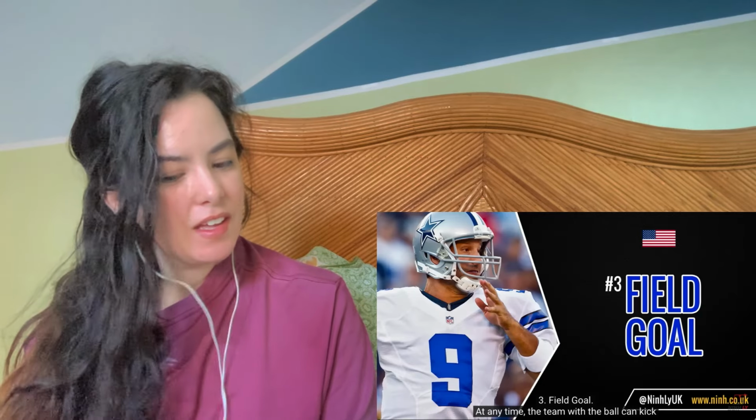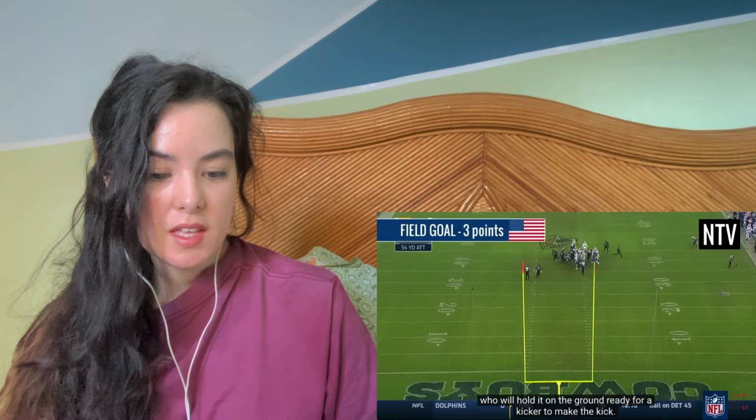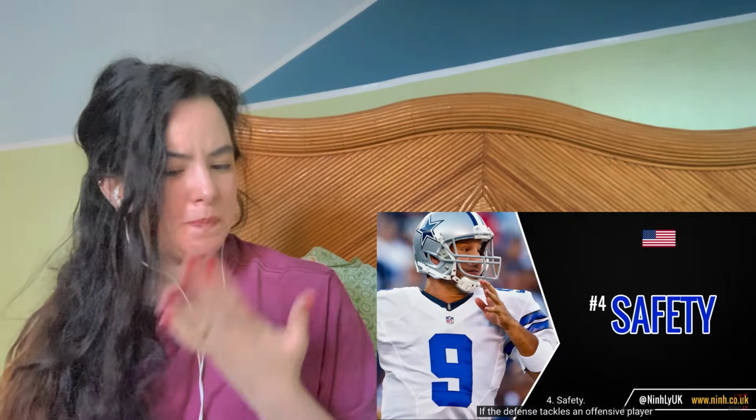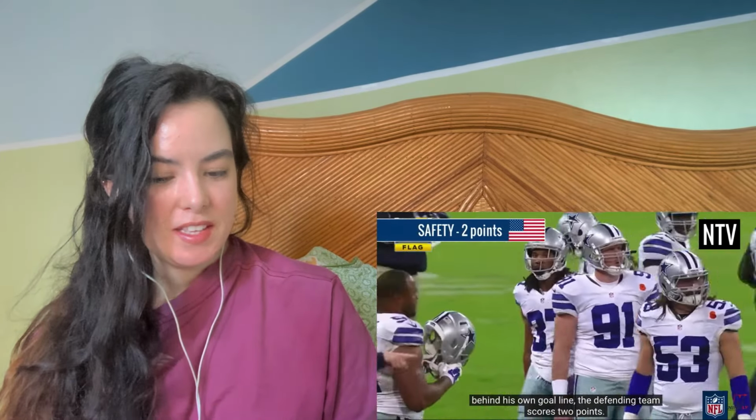Number 3, field goal. At any time, the team with the ball can kick the ball between the posts and over the crossbar. To do this, they must hand it to a teammate who will hold it down to the ground, ready for the kicker to make a kick. A successful kick scores 3 points. Number 4, a safety. If the defense tackles an offensive player behind his own goal line, the defending team scores